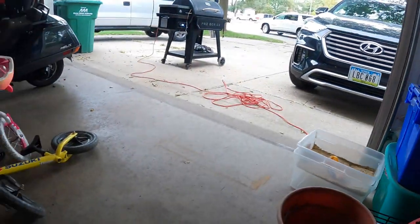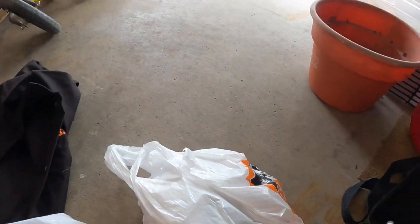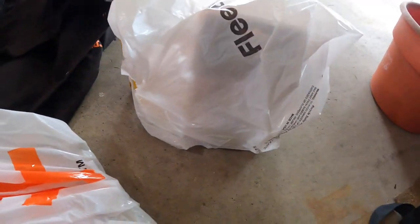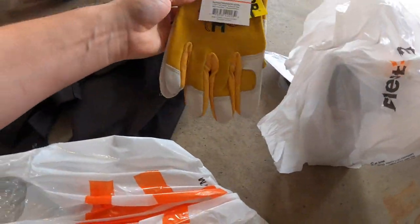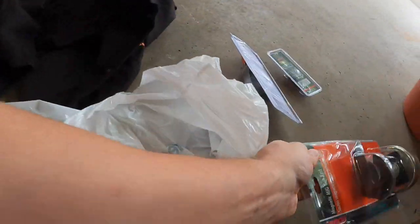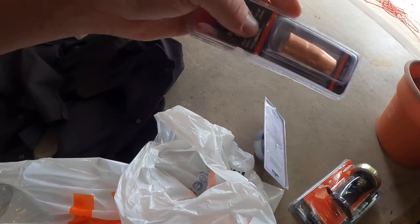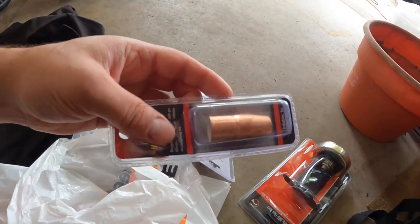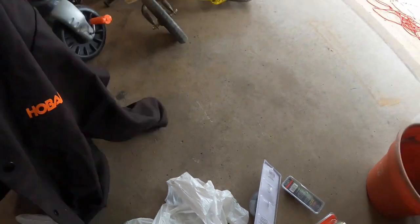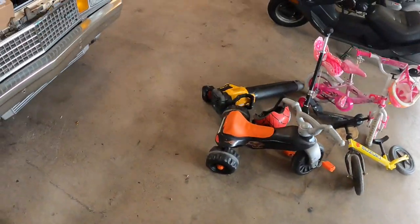And then after getting burned and sunburned over and over, I went to Mills Fleet Farm and got some different things finally. So new gloves because things are hot. And something I've been needing forever, magnetic tool holder, or magnetic MIG gun holder, and magnetic ground. Plus, my tip is completely boned, so I got just the tip. And my best thing is I got just a cotton jacket because I've been using a coat forever,